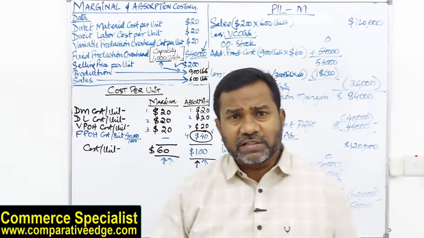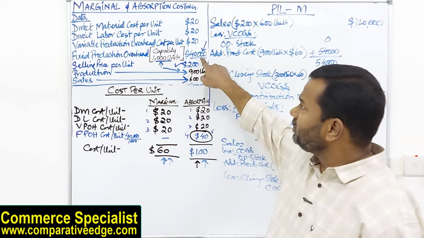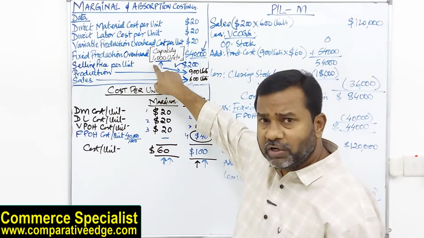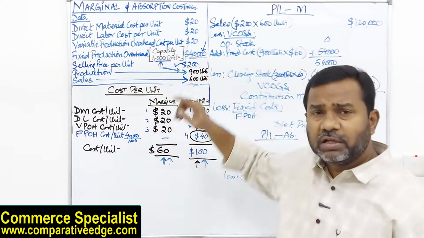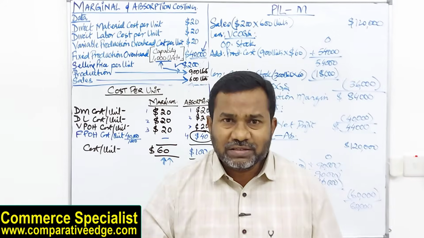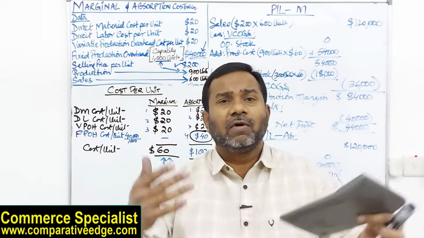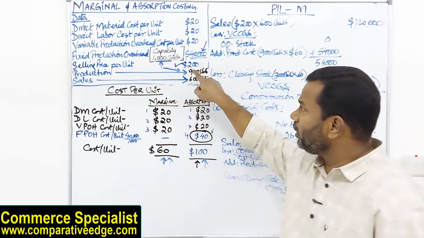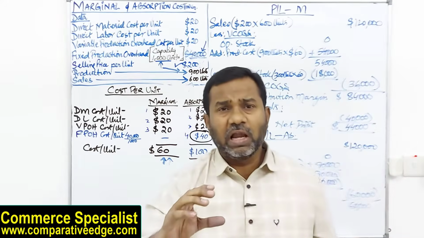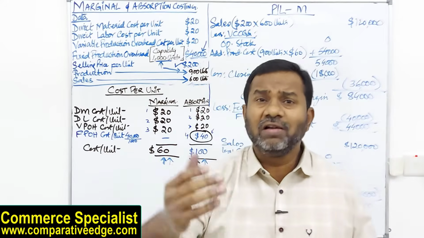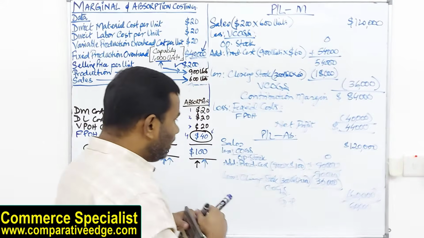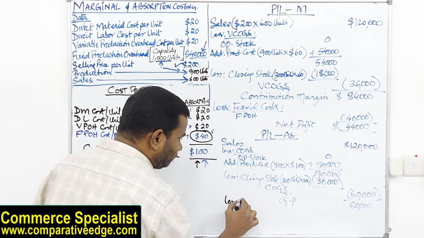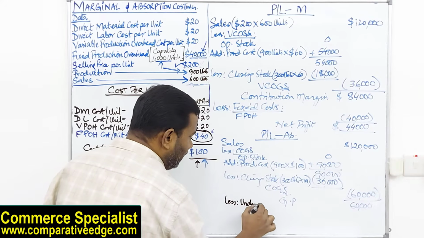But in this scenario, what is happening? Although my fixed overheads or rent of the factory is 40,000, I could have made 1000 units, but I'm only making 900 units. So if I make less, I sell less and I recover less. So please remember, when your capacity is more and production is less, we have to calculate under absorbed overhead, under recovered overhead. So this is the additional working here. I will say less under absorbed